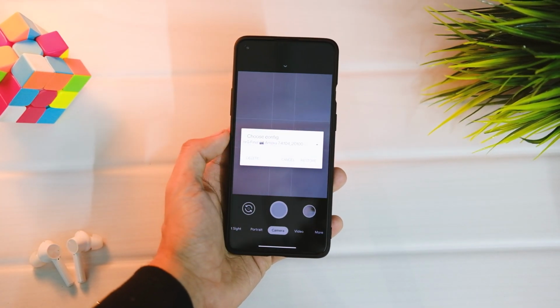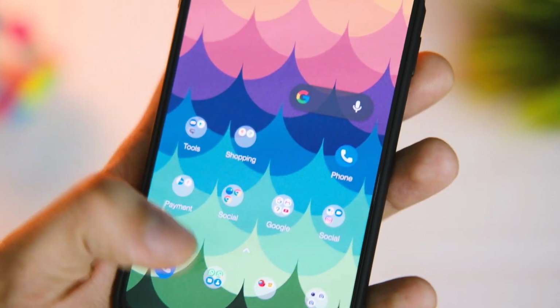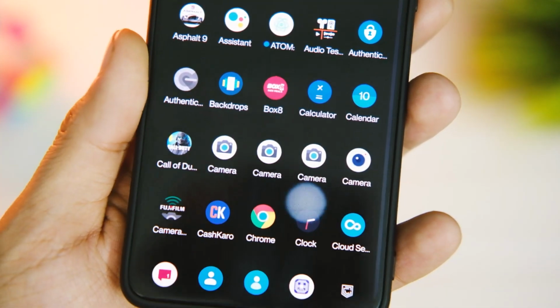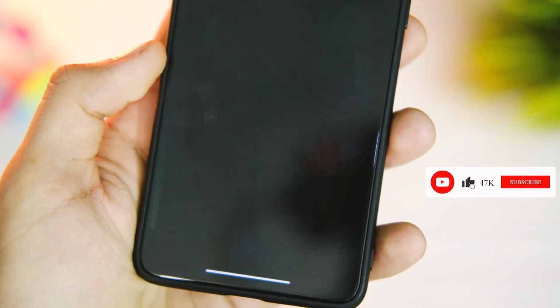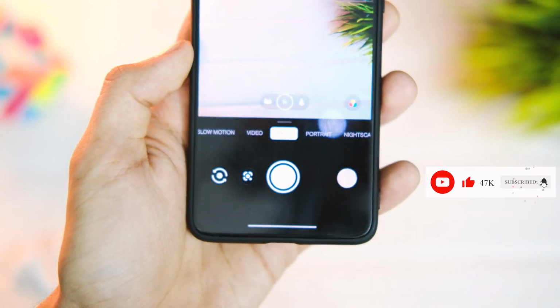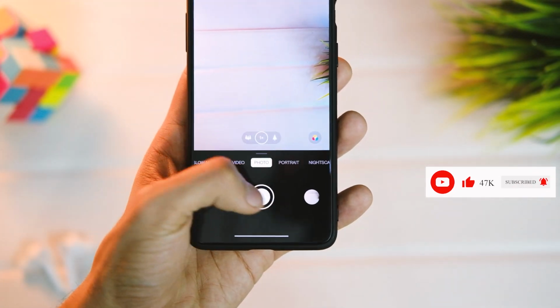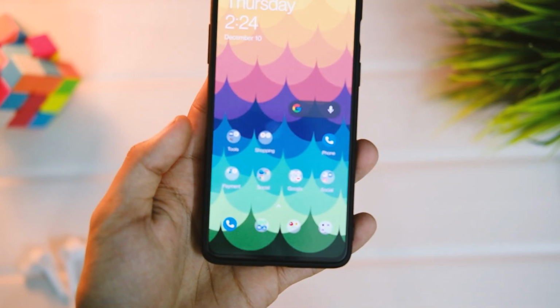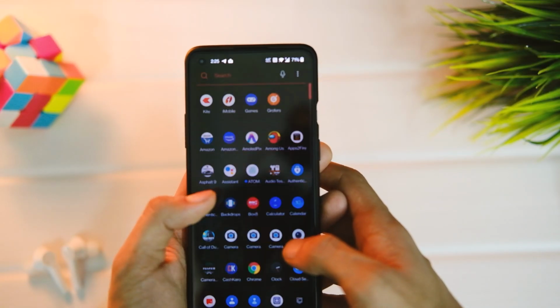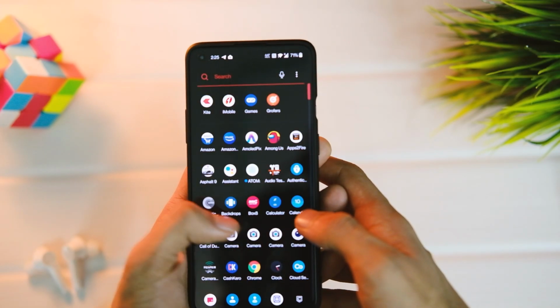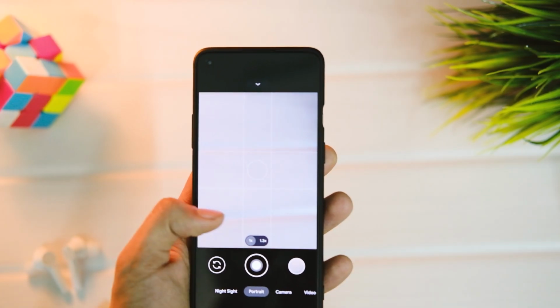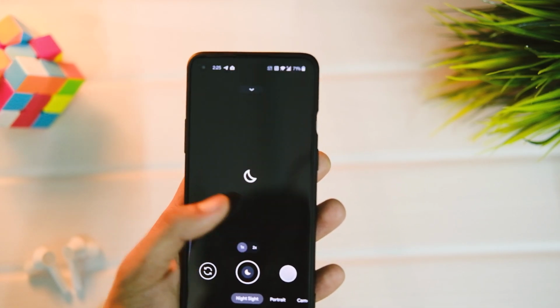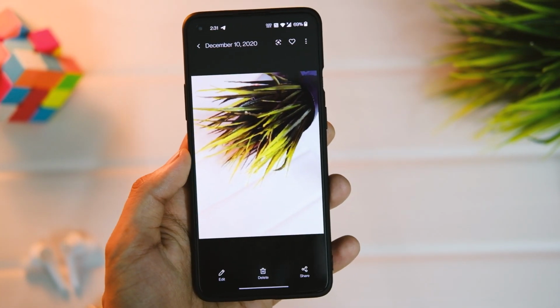So this was an easy way to have Gcam Mod 7, and in case you need Gcam Mod 8 as well on your device, you can use that too without removing this one. So that's a great thing, and I'll leave a card on how you can do that. Also note, neither ultra-wide nor macro camera are supported in these mods, and in case I find a compatible version, I'll leave a card to that as well. Now let's have a look at some of the samples and the things that are better in the older version.